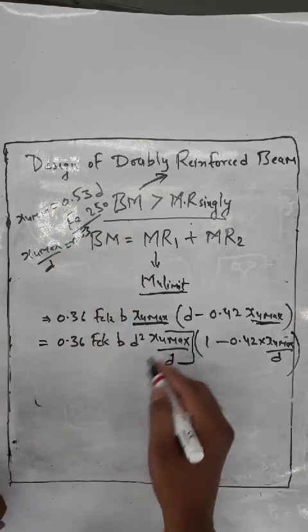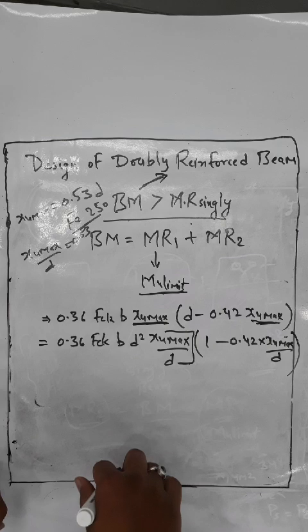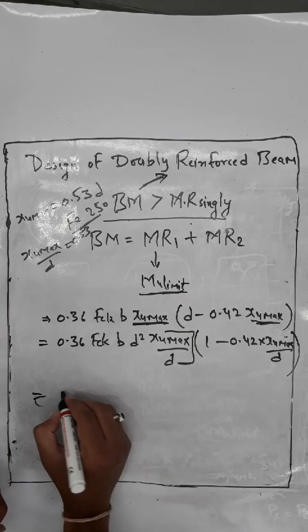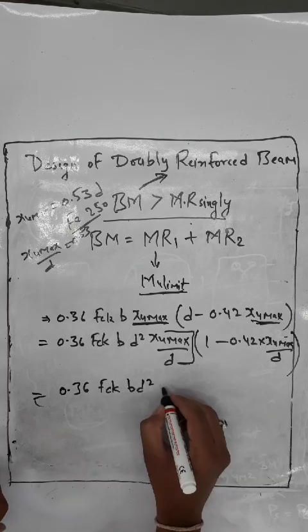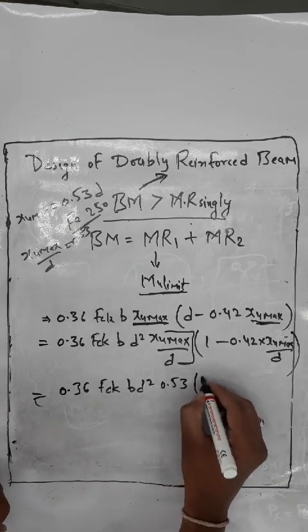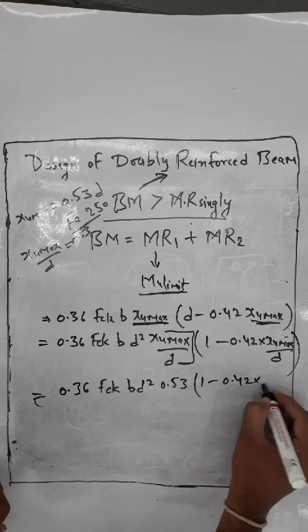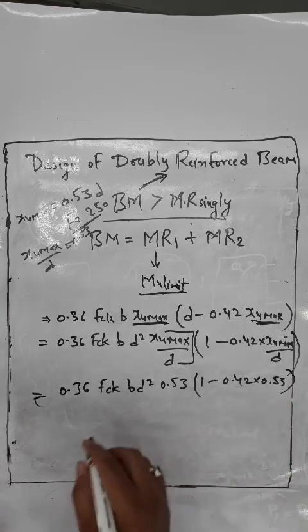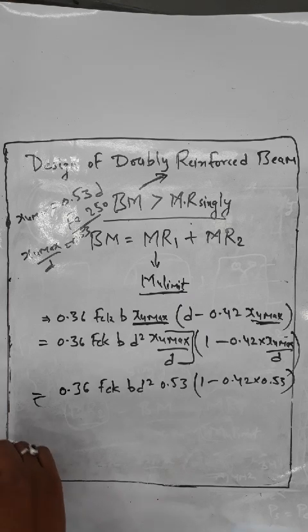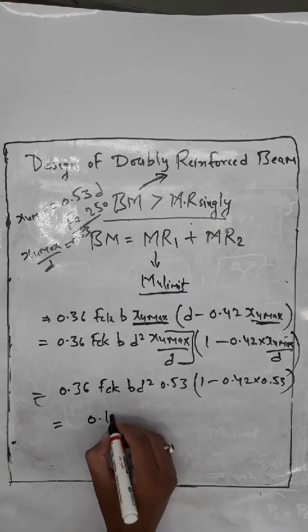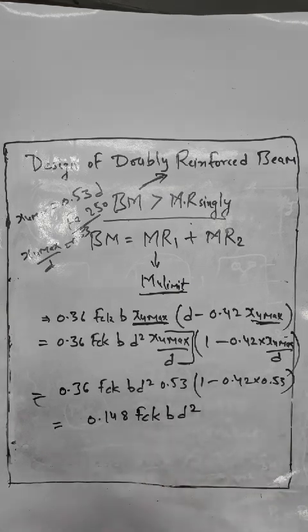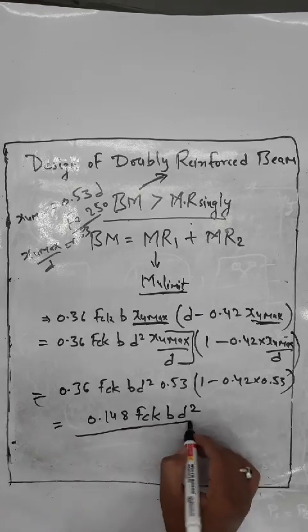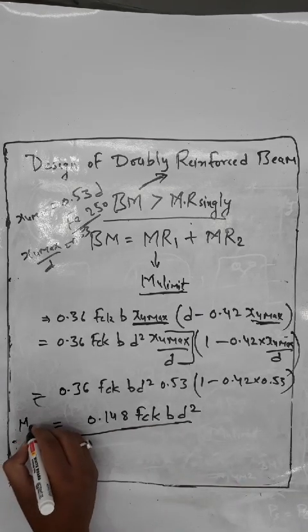That means here we directly write xu max upon d is equal to 0.53. So here we change this equation: 0.36 FCK BD square times 0.53 times (1 minus 0.42 into 0.53). Now when you solve this equation, you get 0.148 FCK BD square. This is the equation for finding the mu limit